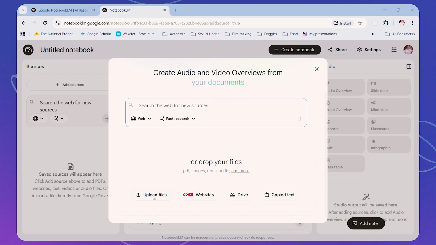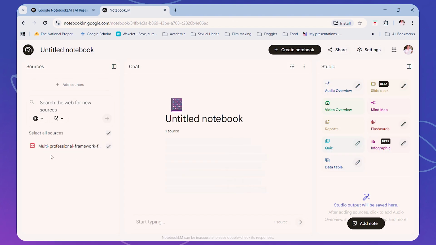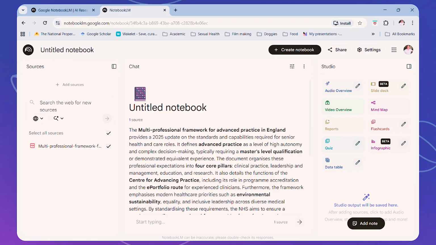But I'm going to upload a file, and I'm actually uploading the document I want you all to work on. So I'll put this in Moodle for you, and if you just save it to your machine, for example, save it to your device, and you can upload it from there. Okay, so I can give this notebook a title. So let me just, for argument's sake, call it the 4 Pillars of HCP, so I know what the document